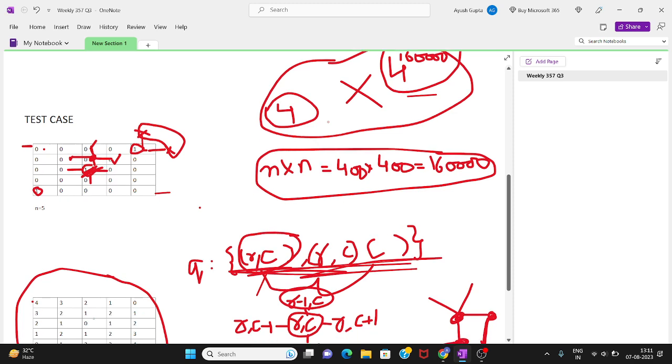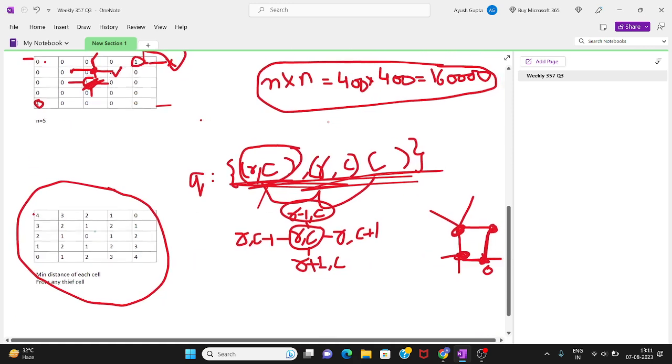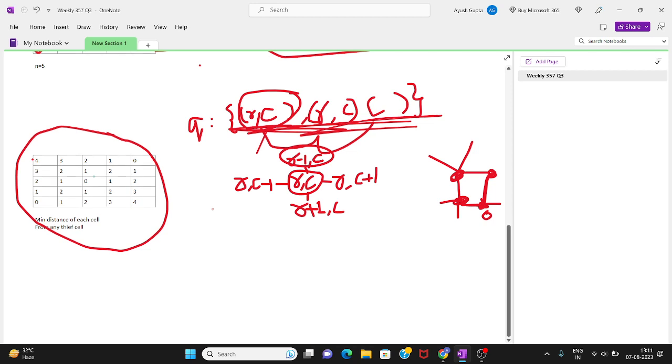See, we can observe here that any path can have a minimum value 0. So this path has a 0 value. Obviously we cannot have a value lesser than 0, and we have a maximum value.